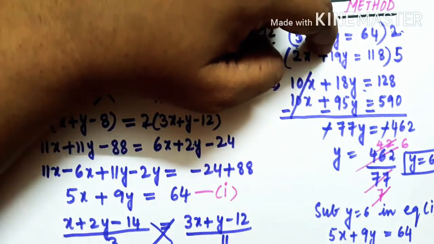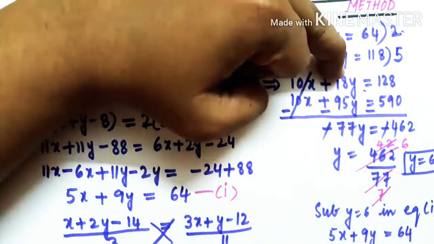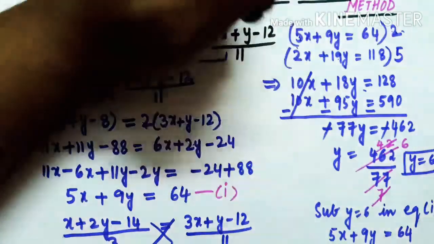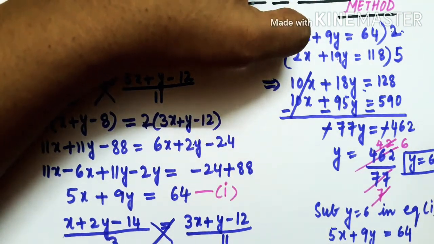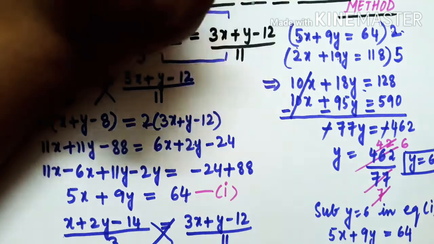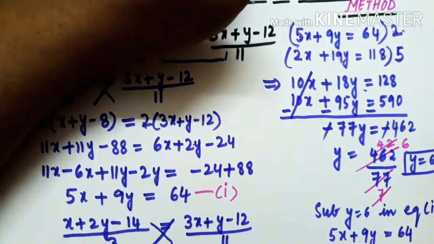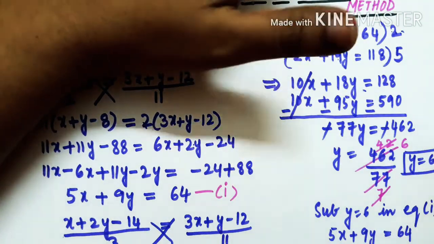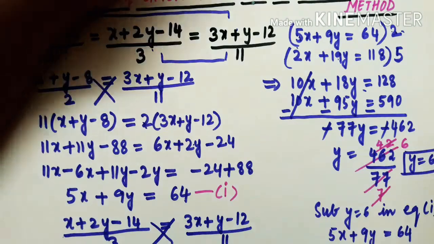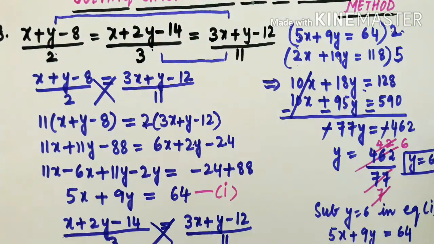If it is 9 over here and 19 over here, how will you make it equal? You have to multiply 9 with 19 and 19 with 9. Opposite you will do, no? In the same way, if we want to eliminate x over here, what we have done: 5 we have multiplied with 2 and 2 we are multiplying with 5. So 5x into 2 will become 10x, and 2x into 5 will become 10x. In this way we were eliminating. So after eliminating, you will get the y value.